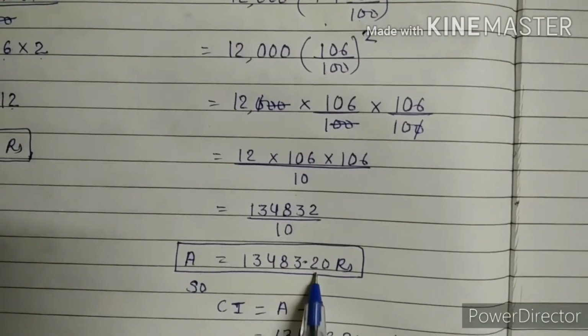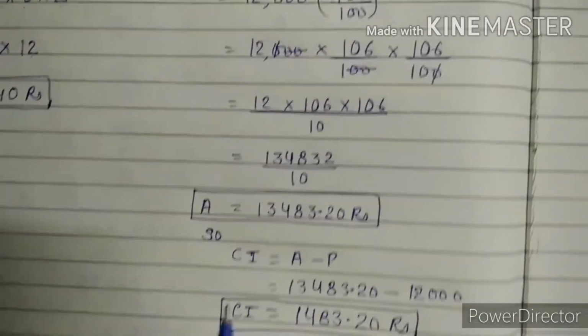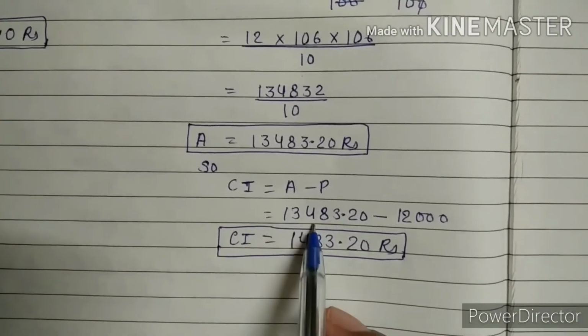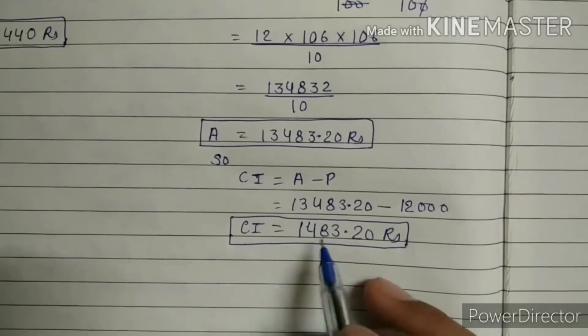Rupees is there. That's why 2 digits after the decimal. So this is the amount, and we have to calculate compound interest. So compound interest is equal to amount minus principal. So it will give compound interest as